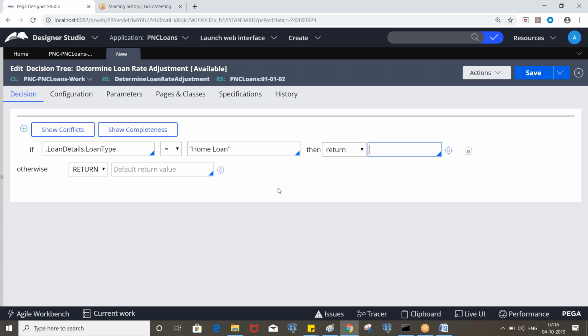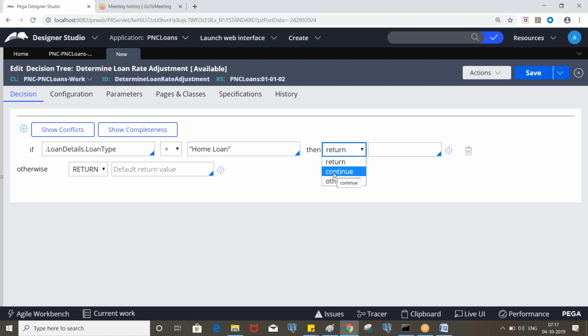So we need to consider the purpose and the terms. If you are returning based on only loan type, you can put the value here. Otherwise, if you have multiple conditions and none of the conditions satisfy, what value it should return is determined by otherwise.